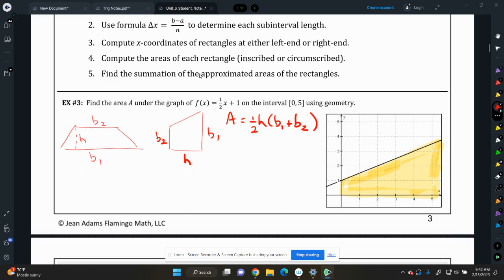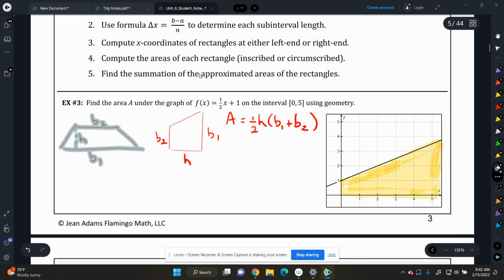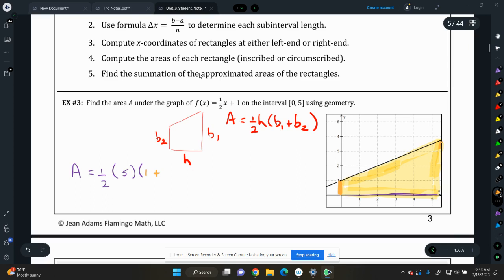So if I want to find the area of this, since this is a linear function, I do not have to break it into subintervals. I can just work with it as one big gigantic trapezoid. So the area will be 1/2. What's the height of this trapezoid? 5. 1/2 times 5 times B1. What's B1? 1 plus B2, which is,